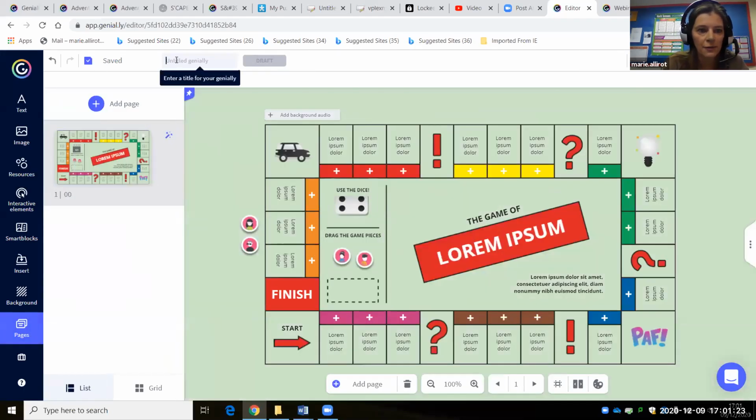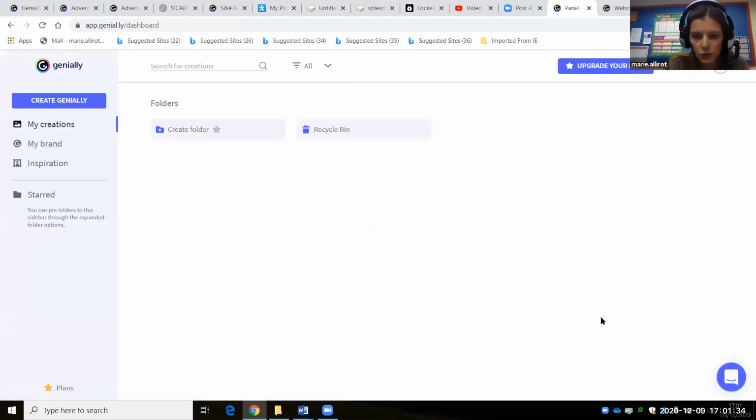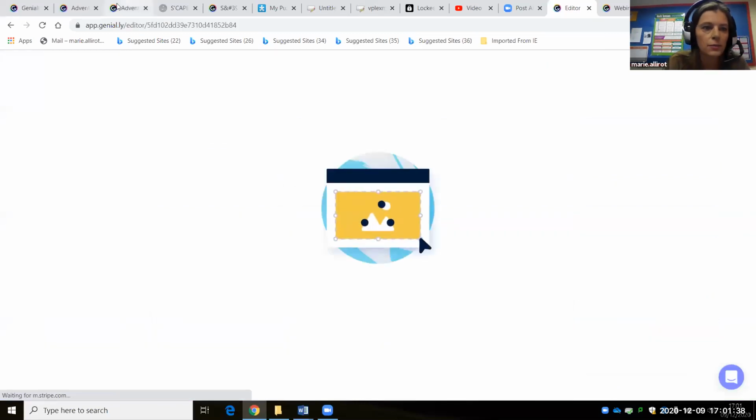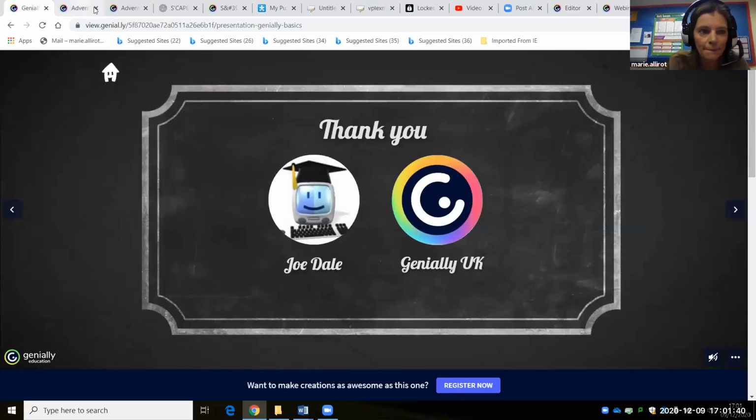So I'm going to save that. It's number 1, saved. So now I've got this page saved in my Genially. So if I go to my panel, it is there.